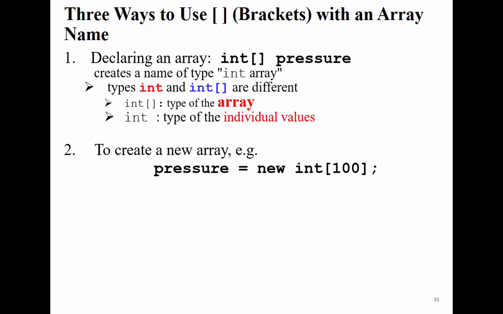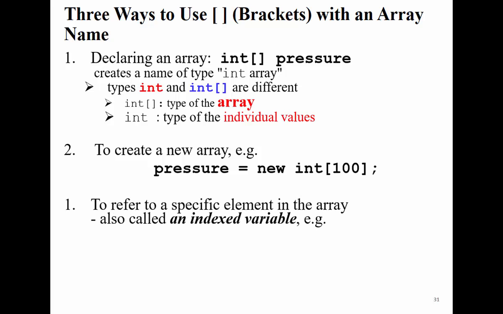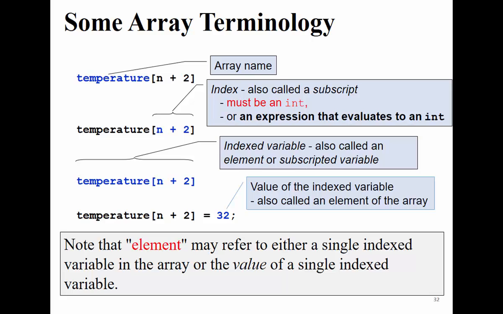To create a new array, you have to use the new keyword. So I can use int and define the name, then I have to use new. Defining int with the square brackets and giving a name is not enough. I didn't create an object. I didn't create an array object. So I have to use new int with the same type and give 100. Now, to be able to access an element, we can use the square bracket and give the index of the element. So this slide somehow gives a summary of the terminology.